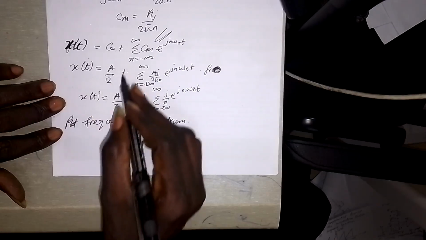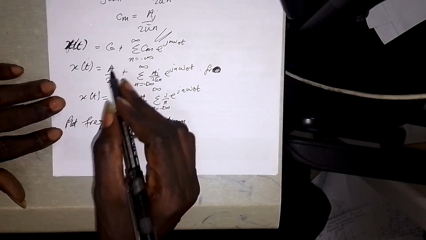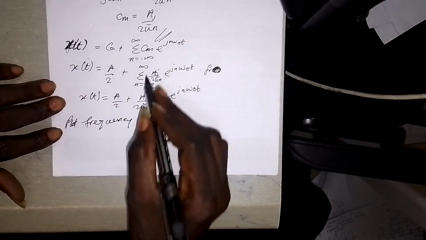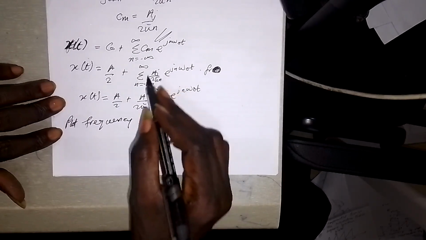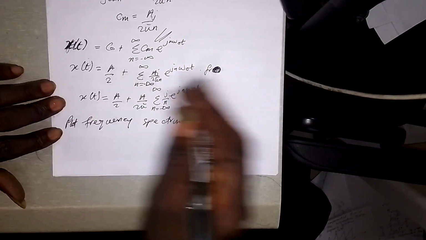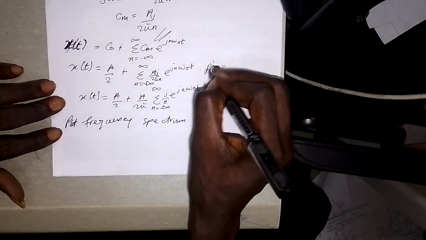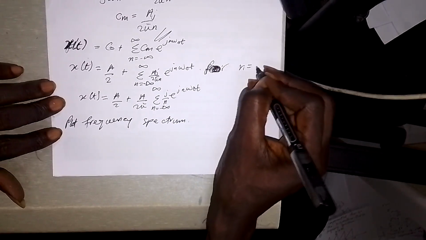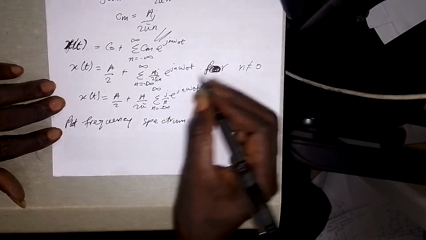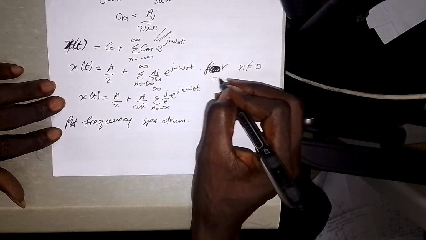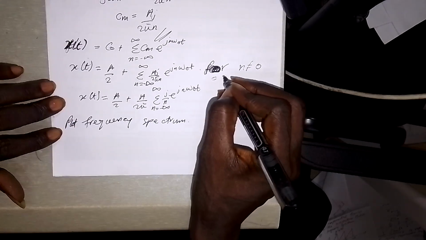So this one is c0, which corresponds to n equals 0. So here, the n cannot be equal to 0, because I've already found c0 here. So it's for n not equal to 0, and it is for the interval 0 less than